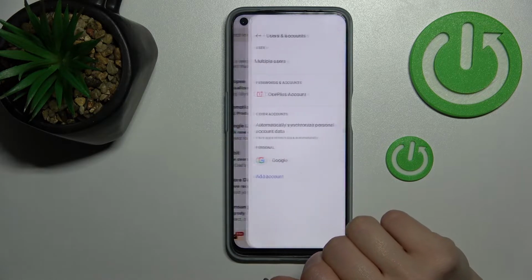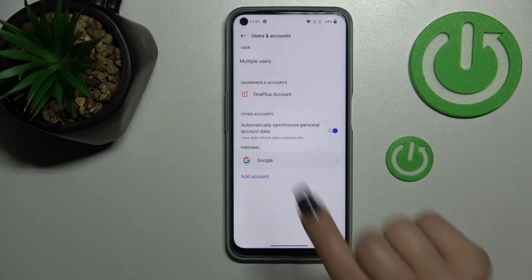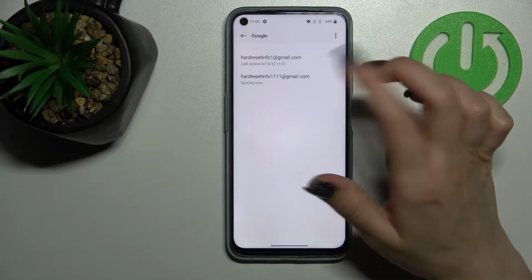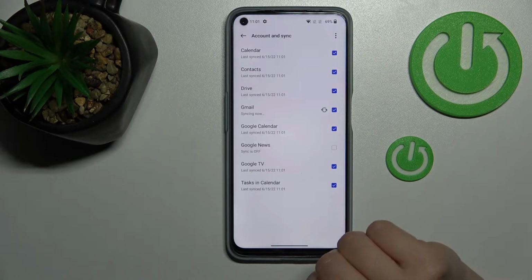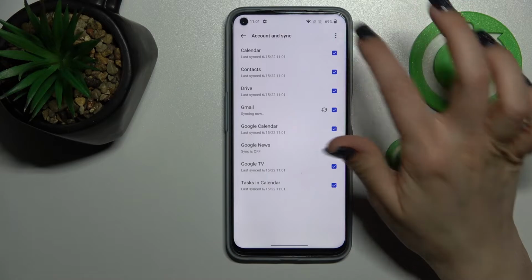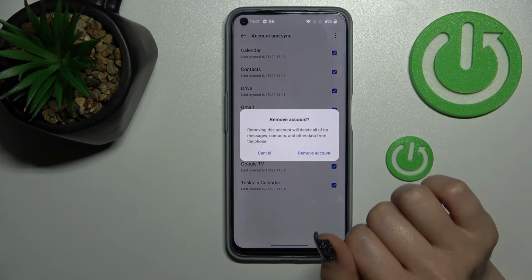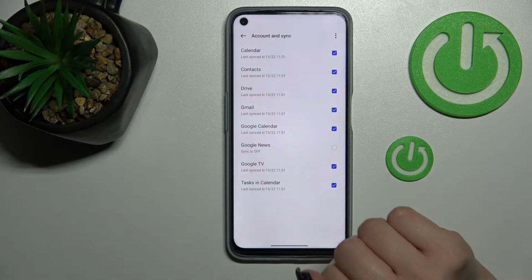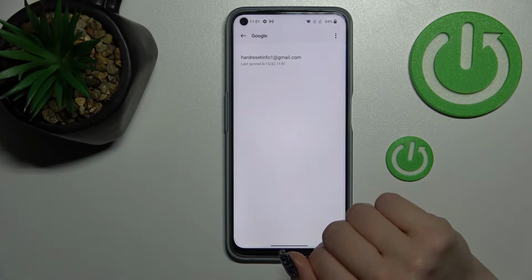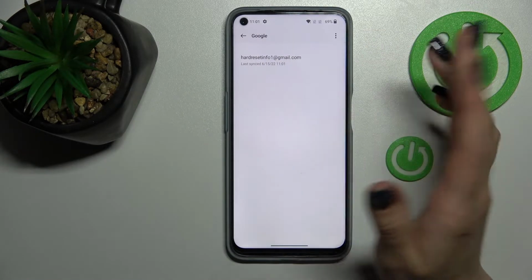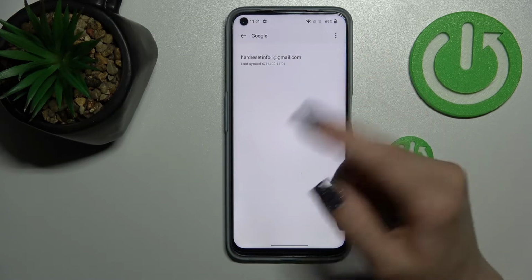We just should click here to manage accounts on this device, tap here to Google section and select one from this account. So for example, let's go with the second one and click here then on the right upper corner on the three dots. Then just click here to remove account and confirm your action by click to remove account again. Now just in Google account settings we can see that we stay only with one account,